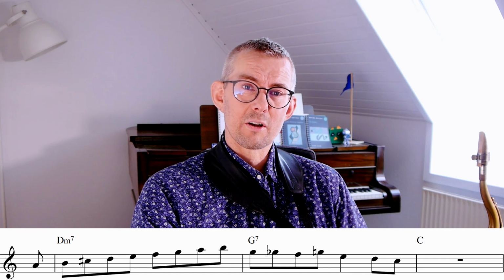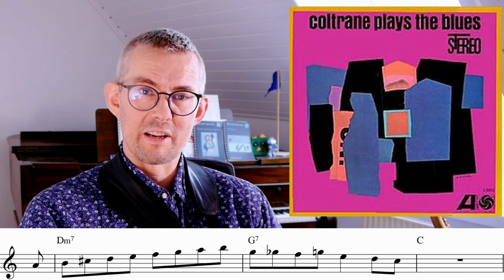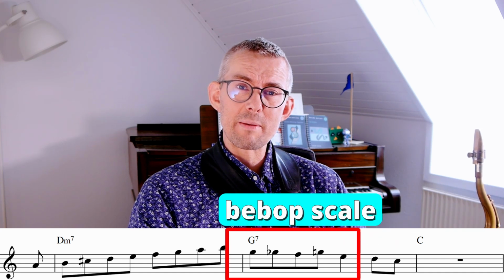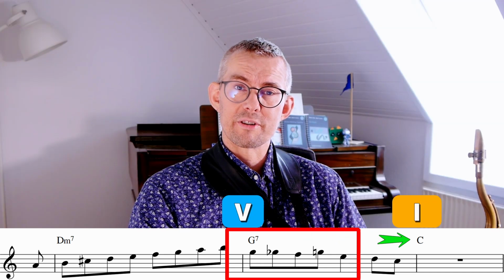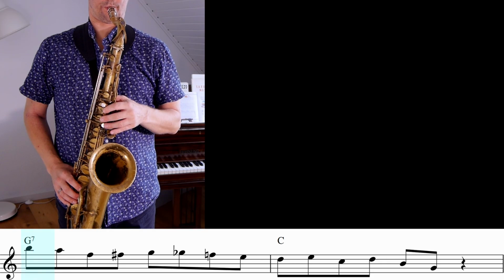We know that Coltrane was a genius applying different harmonic touches into his playing. On the dominant in the Coltrane blues, Blues to You, from this wonderful album, Coltrane Plays the Blues, Coltrane is using actually a lot of different dominants going to the tonic. For example, in this phrase, Coltrane plays a rather ordinary bebop phrase into that tonic chord from the G7 to the C. I'm building up to using all the 4 dominants,